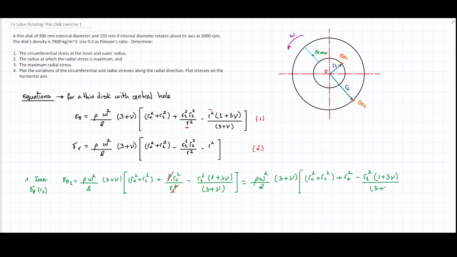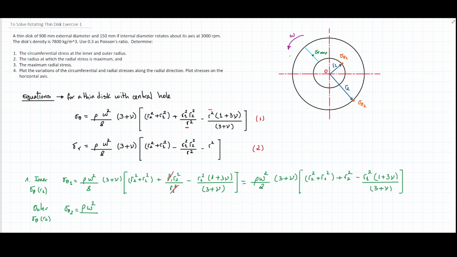And then this term here. But what this is going to help us do is to now find out the corresponding expression for the outer radius, meaning the value of this circumferential stress at R2. So following the same logic as this one here, I can just write it down directly as something like this. So it's going to be equal to